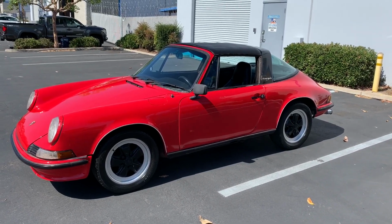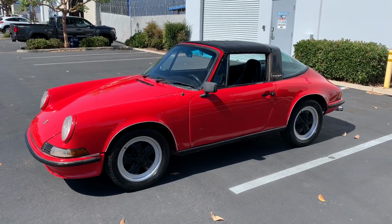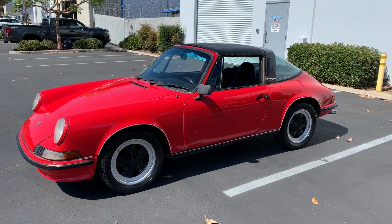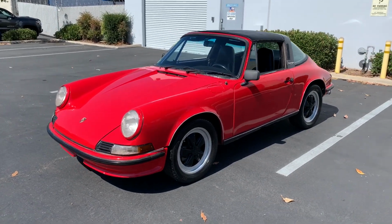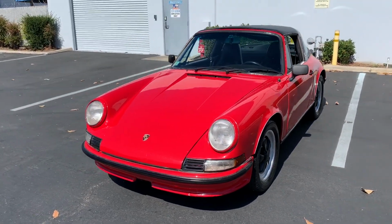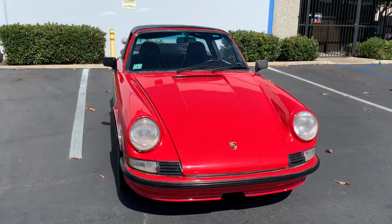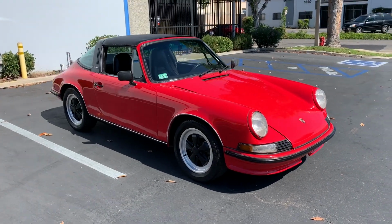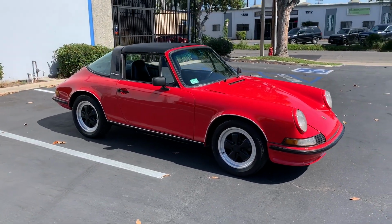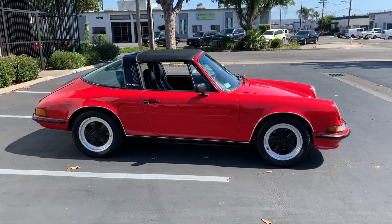Today we have on offer a 1971 Porsche 911 T Targa. It's finished in Guards Red with a black interior. It's fitted with a 5-speed transmission. And I believe it's definitely a correct 911T engine. It's probably the matching numbers engine. We're currently applying for a document to prove it's a matching numbers car, but it is a correct 911T 2.2